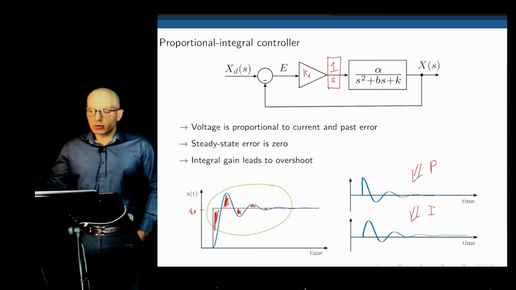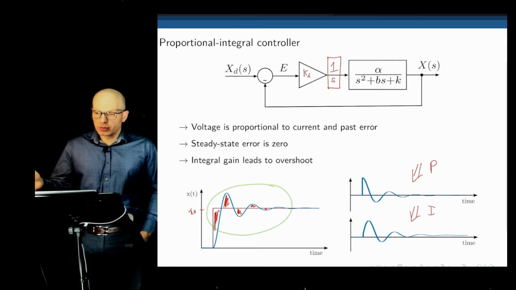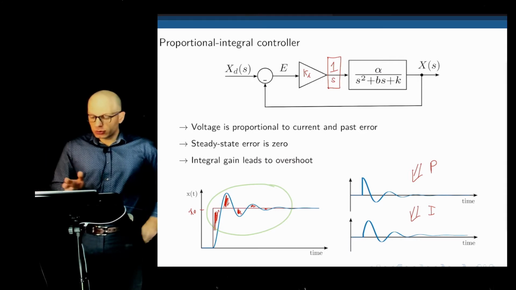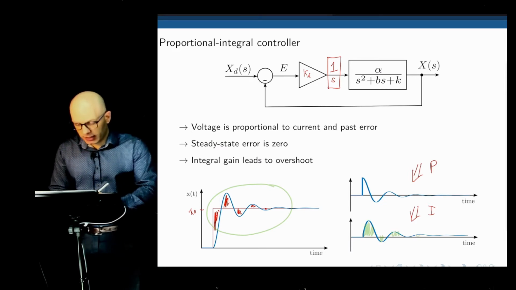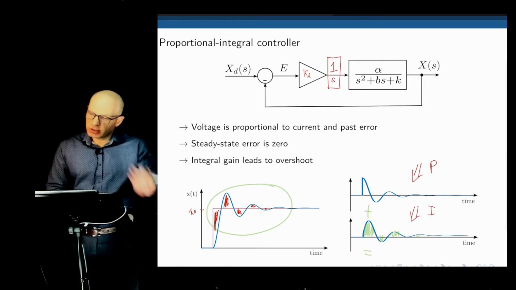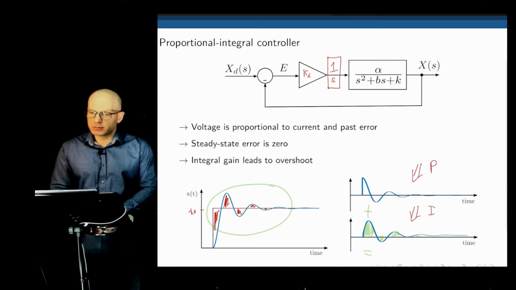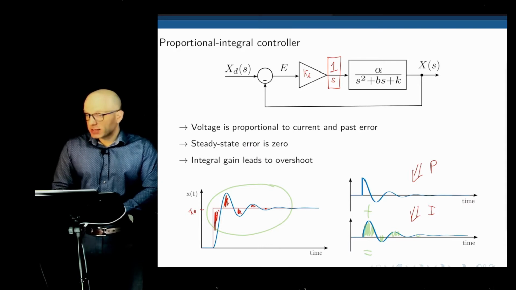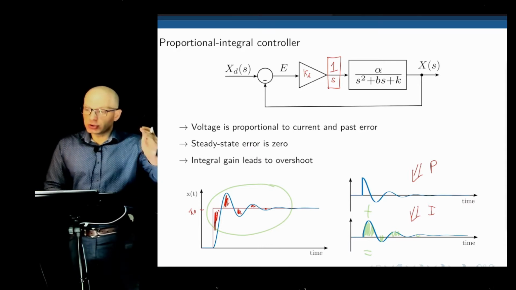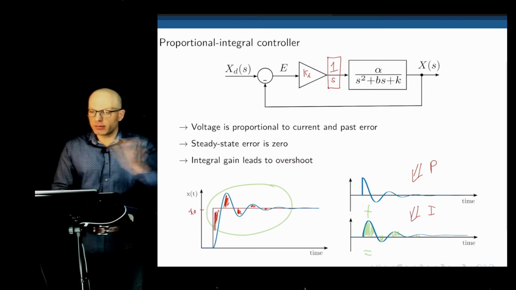In the first one, we only had the proportional controller. Now we have an integral controller that is adding much more control action to the plant. Remember that they are added together and the result is what we give to the plant. So especially in the beginning, you see that there's a lot more energy provided to the mass. So it will accelerate faster and it will eventually overshoot its final destination before it bounces back to settle at